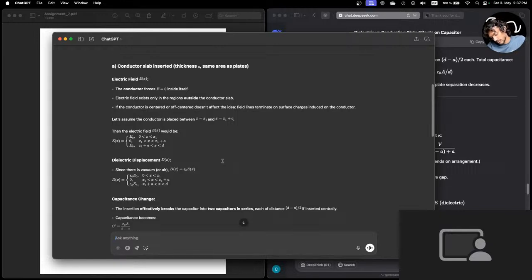So the electric field E of x would be, if x is between 0 and x1,